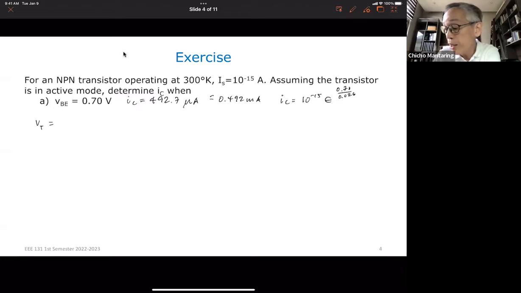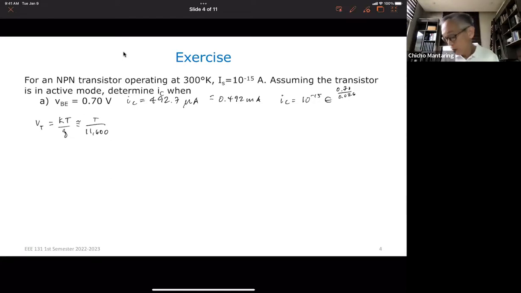Just remember that V sub t is equal to kT over Q, where Q is the magnitude of the charge of an electron, K is Boltzmann's constant, and T is your temperature in degrees Kelvin. But this can be approximated by T over